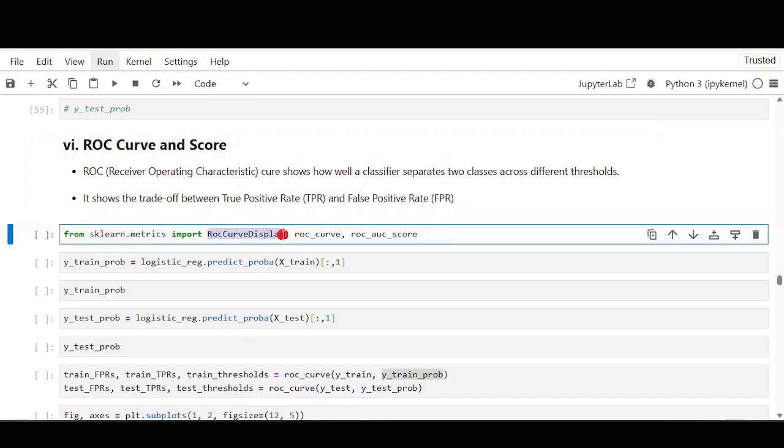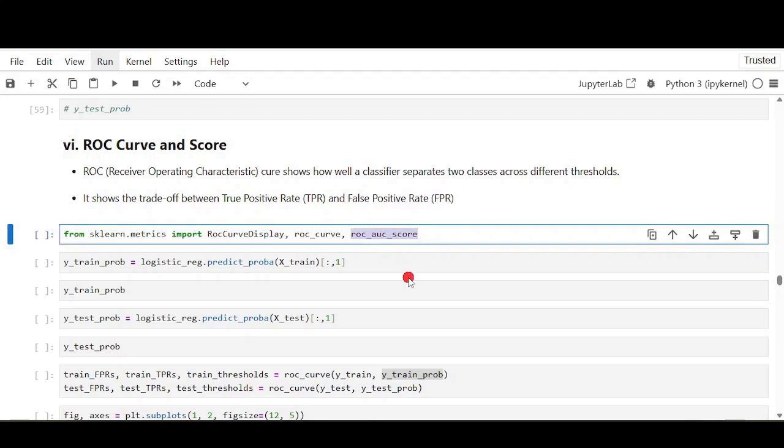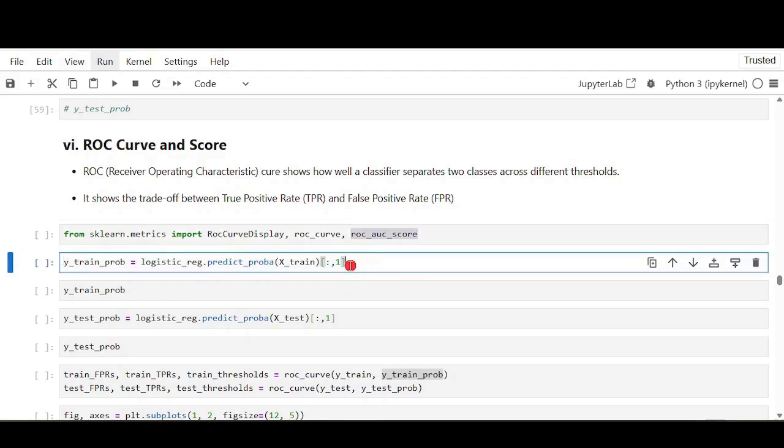Let's import RocCurveDisplay, roc_curve and roc_auc_score. So this one is for displaying the ROC curve in a figure, and roc_curve also can output the true positive rates and false positive rates with different thresholds, and the ROC AUC score will provide the overall performance score of the ROC curve, or the area under the curve. So in the predict_proba, for example, here